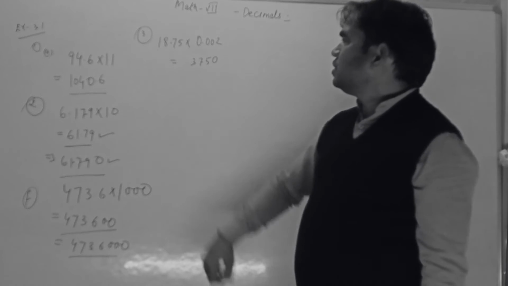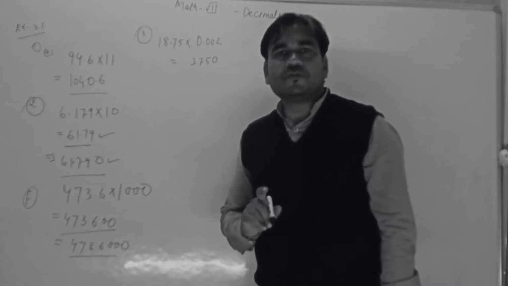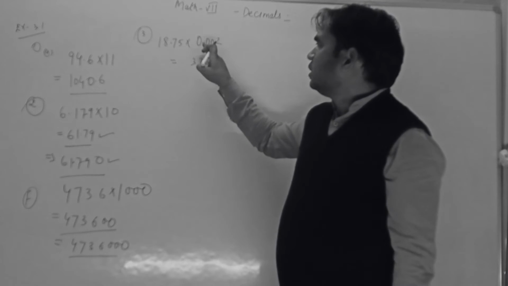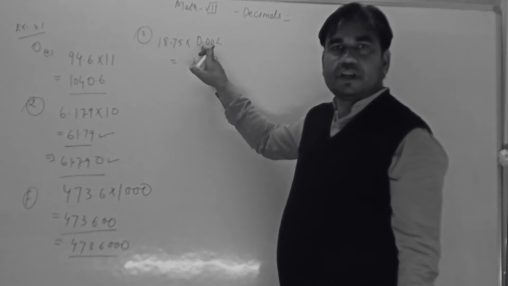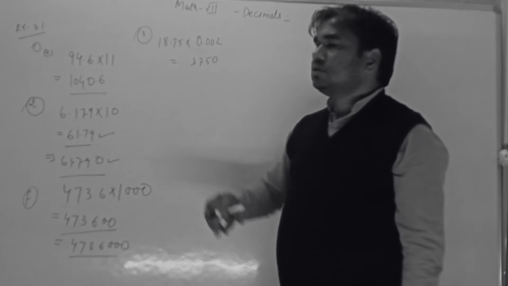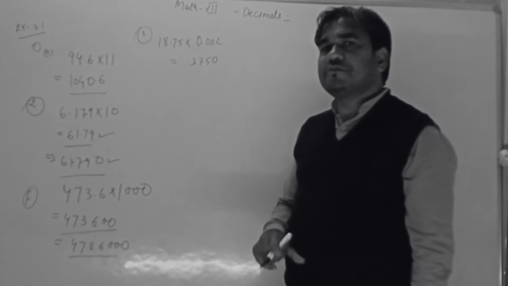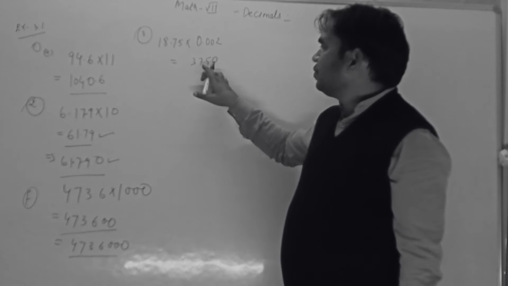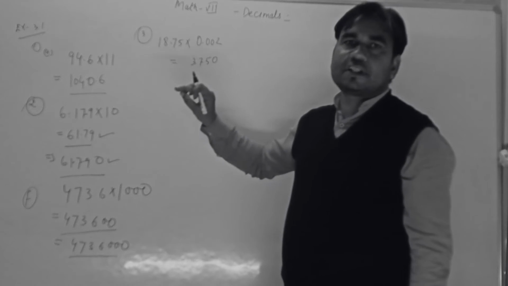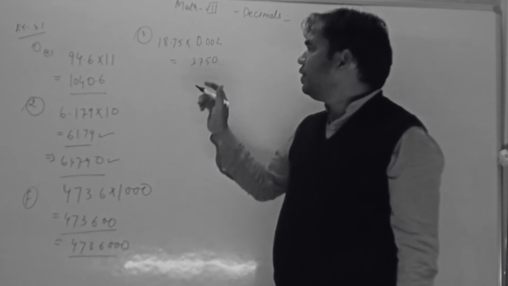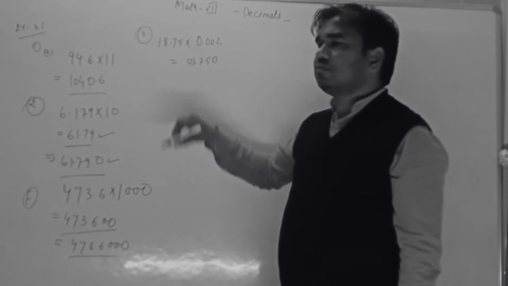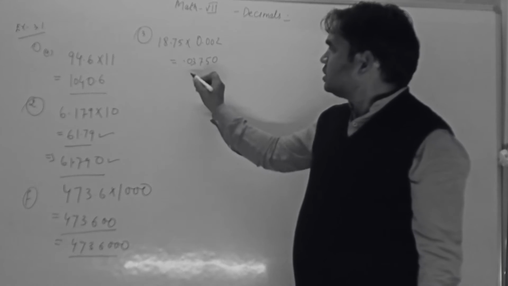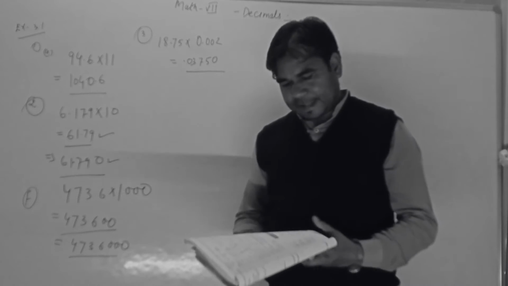So after that you see students, the total number of decimal places we have to calculate. So here 1, 2, 3, there are 3 decimal places here, and here 1, 2. So after 5 places the decimal is coming. So we move forward 1, 2, 3, 4, and after that the 5th number is not given, so we can take 0 here. So after that the decimal is put here. So this is question number 3.